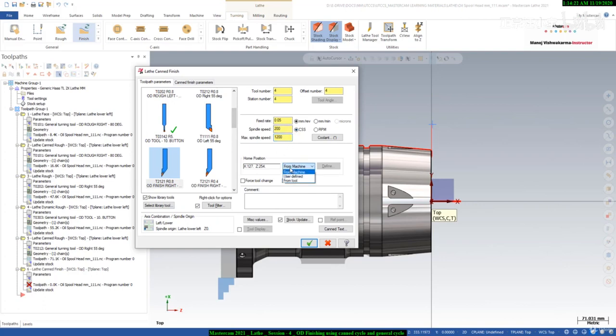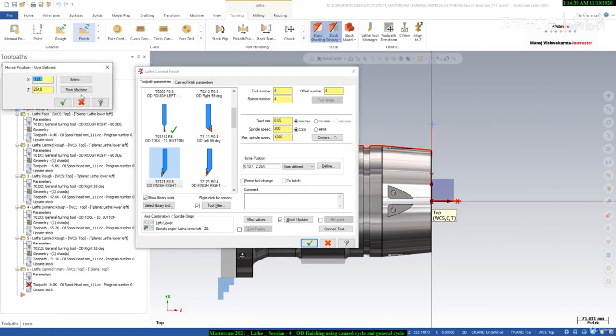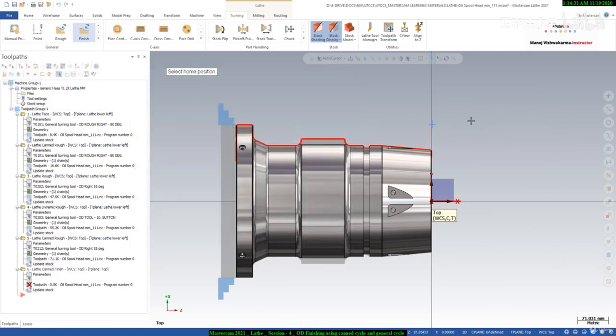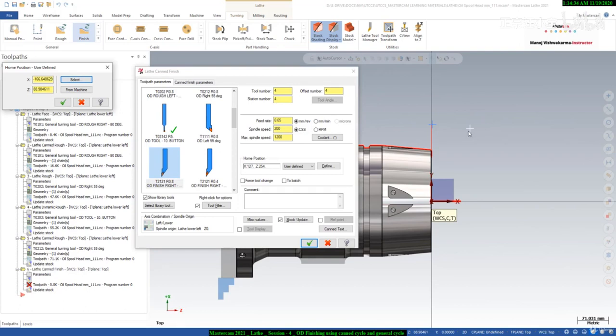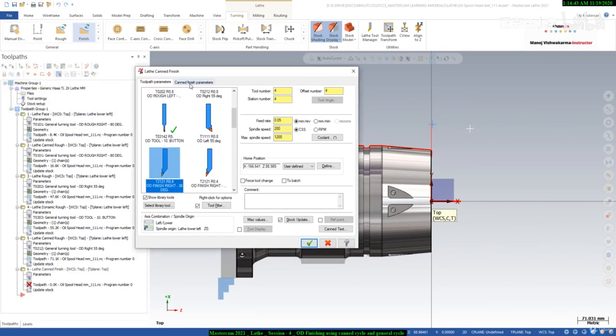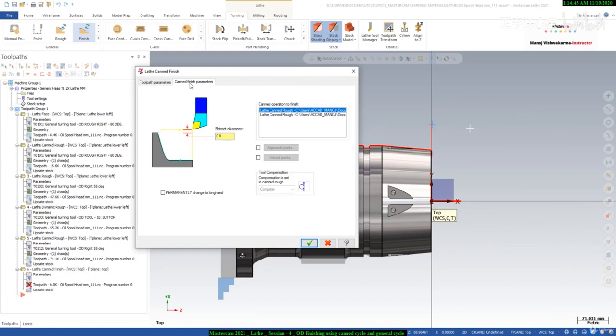And here we will define the home position. So we will define home position using user defined. So I will select here define and select on that, and I will select here, come here, or your tool will come here, and after that it will come on this part, right? So I will say okay, and here we will go to the canned finish parameter,